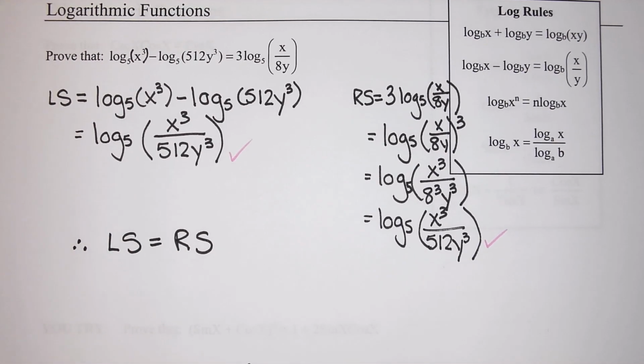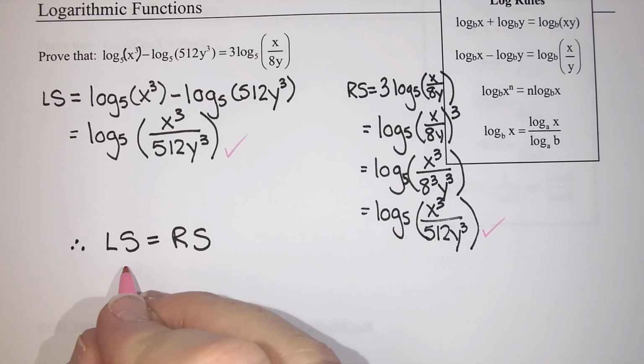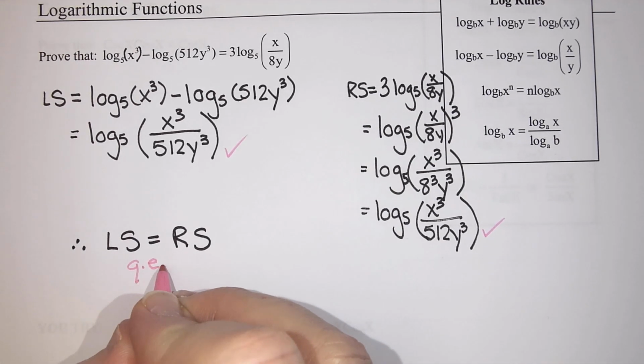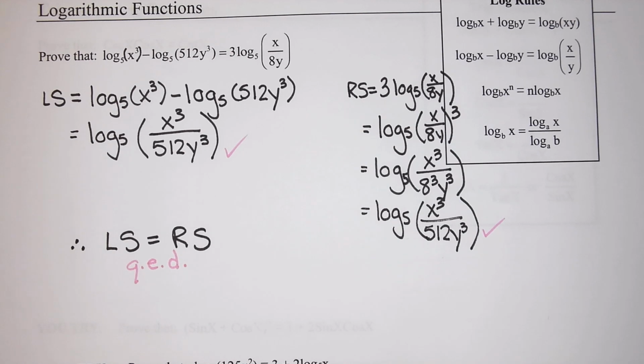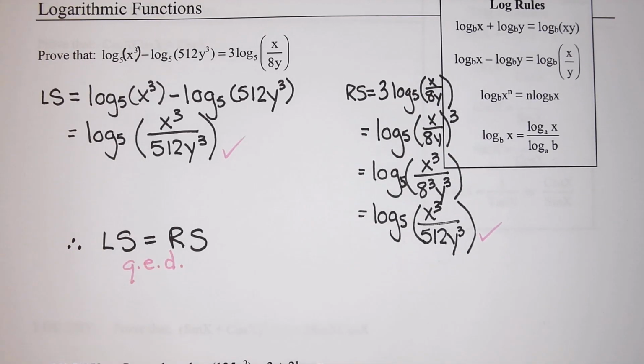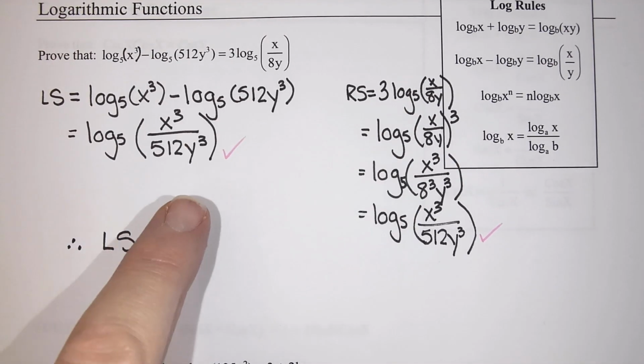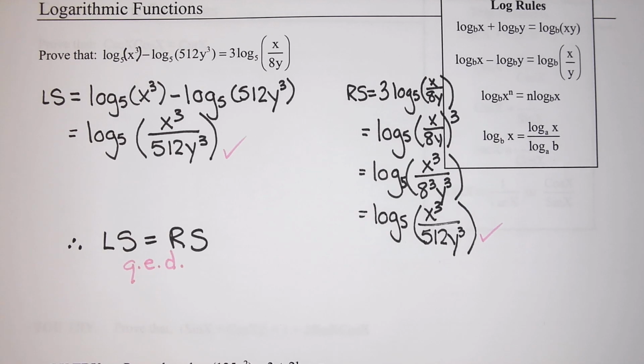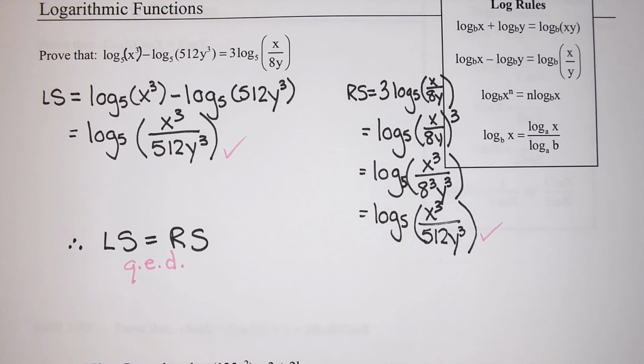And then if you want to seem a little bit fancier, you can add the QED, which just means which is what we were meant to prove. If you don't want to add it in, that is not a big deal. So you can work all one side, or you can try working both sides until you get them to a point where they're equal. All right, there is a second log question for you to try, and then I will catch you in the next part on trigonometric